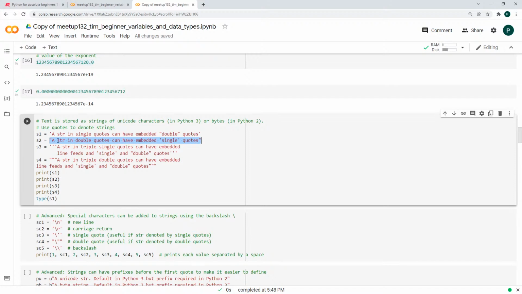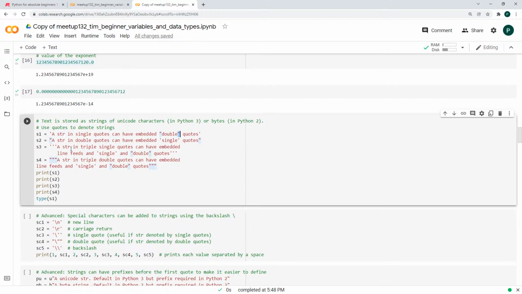The single quotes and the double quotes really act the same. The reason you'd use a single quote on the outside is if you wanted to put double quotes on the inside of the string. So it knows that the end of the string isn't reached until it gets to a single quote. So that way you can put double quotes in there. Similarly, in a string quoted with double quotes, you can put in single quotes. And that was like the one we had before. We had an apostrophe in there, which would have been identified as a single quote if we'd had the string in